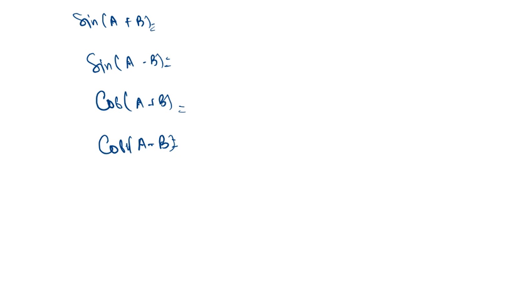Like, I will tell you sine a plus b is sine a cos b plus cos a sine b. We can write it like this. So you can follow the symmetry also. Here I am taking sine and cos, then A is here, B is here. Next time it will come with the cos and the sine. Similarly, if it is a negative sign, then negative will come.